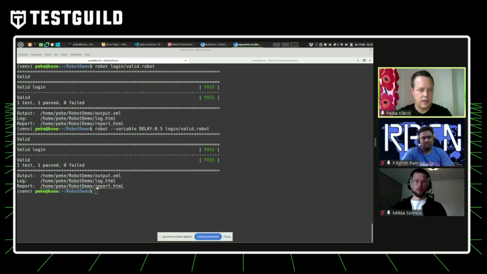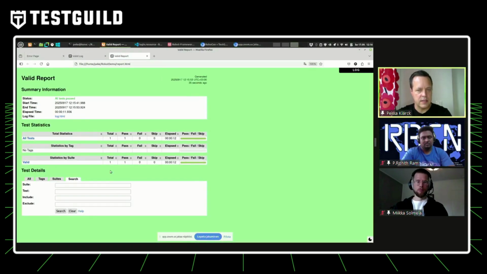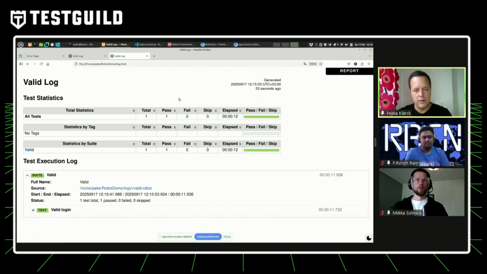The report is, well, just basically very, very dummy now. It has a green background because everything went well. There was just single test case. It's not very interesting. But when you start to have more like dozens or hundreds or thousands test cases, then report with statistics and so on is much more interesting. But now what we are more interested in is the log file, where we can see